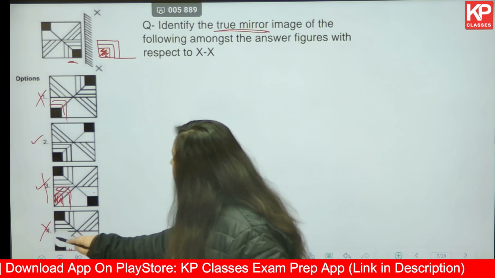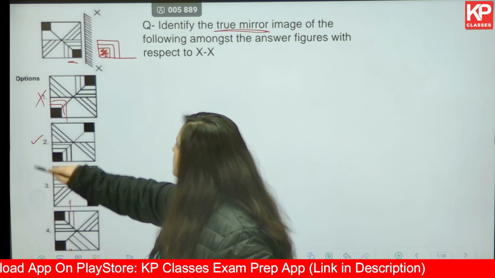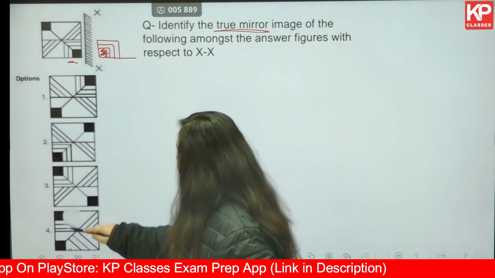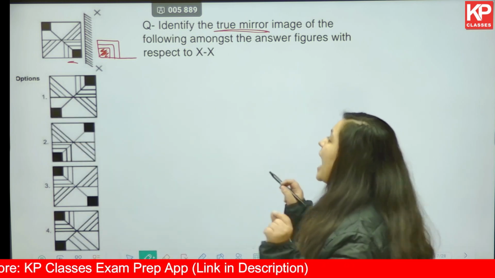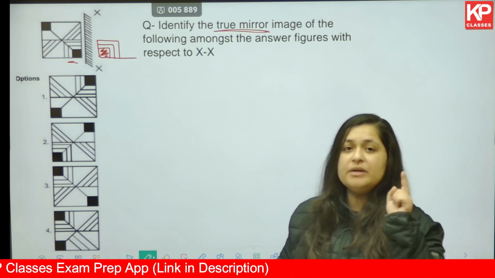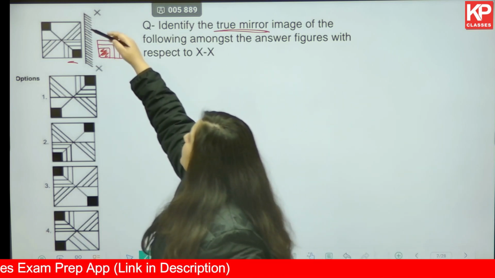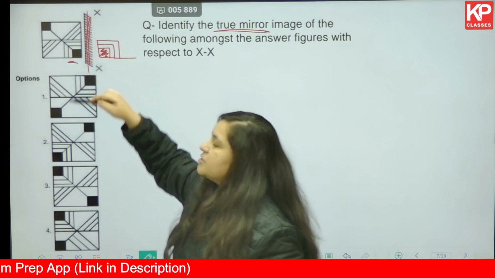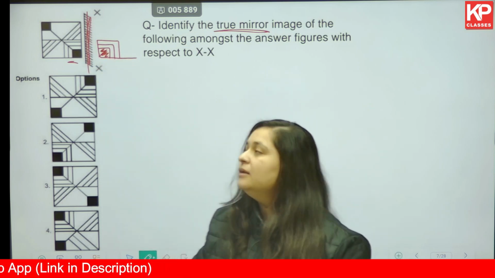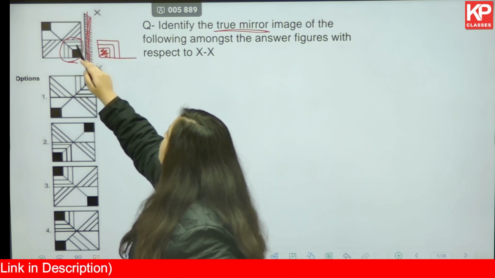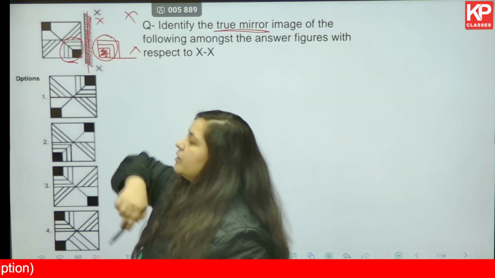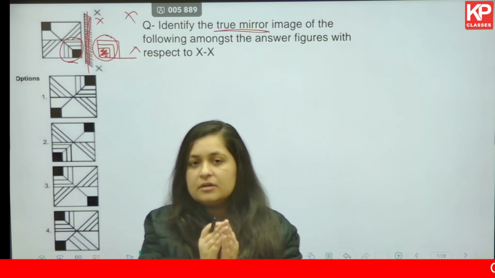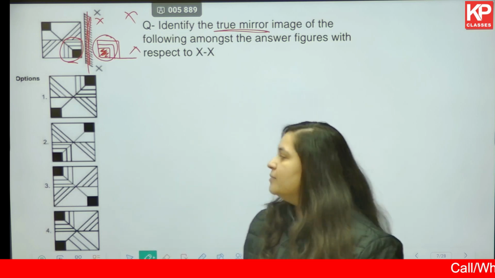Now what have you observed in all of these cases? In all of these you have the hatch square and the 2 lines but not in the correct position. For example, if this is the line of symmetry or this is the mirror line, then this portion should come here, not here, not here and not here. So the position of the element that you are looking at is very important.